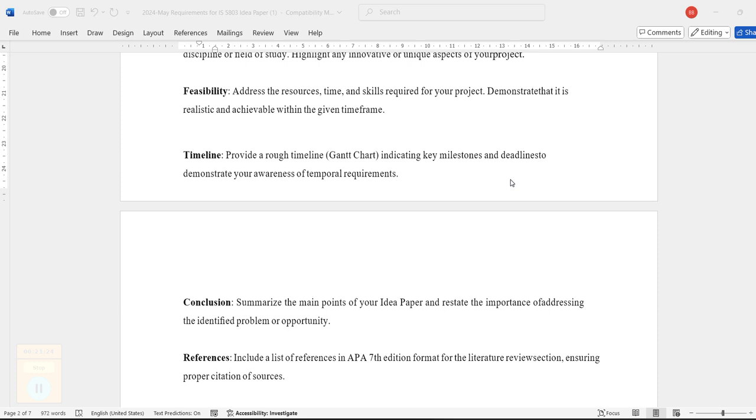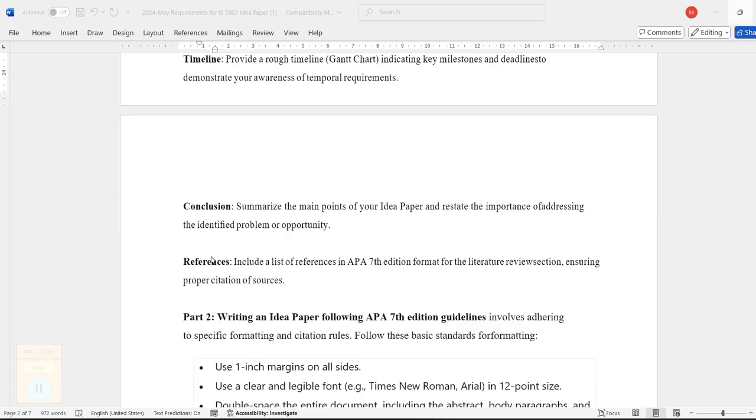Now you will be summarizing the project. Here you will be mentioning what your idea is, what the purpose of doing that is, what kind of opportunity you can create for the organization by addressing the problem, and how the proposed information system will help the organization overcome that. These elements should be covered in the conclusion section. And finally, whatever in-text citations and citations are used in the document have to be added in the reference section. Okay, this is all about the document.